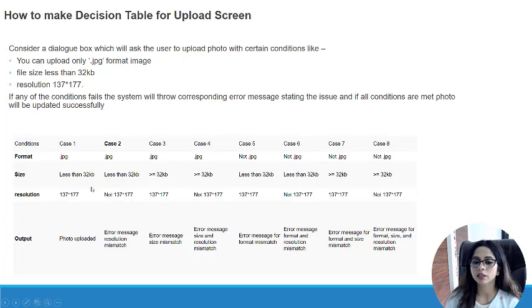But anyways, here you can see this is .jpg, correct; that is less than 32 KB, correct; and the resolution is also perfectly fine. So your photo is uploaded. But in all other cases wherein